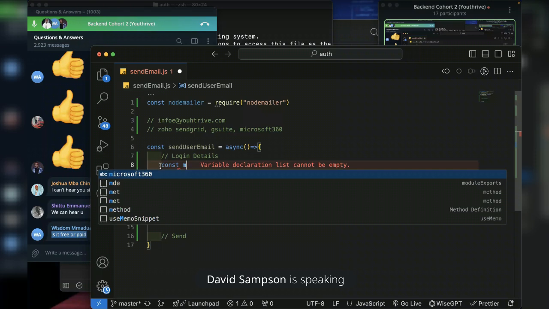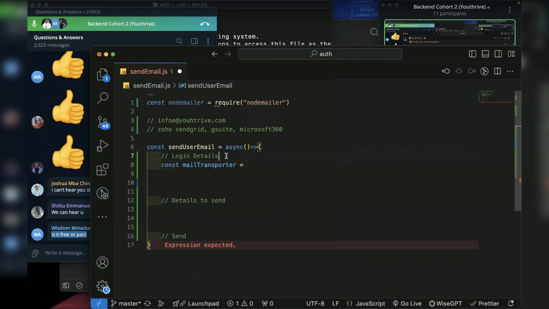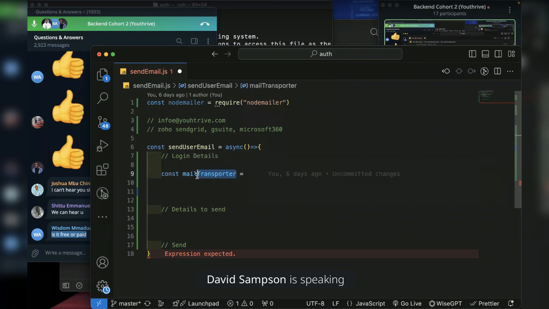Mail transporter is a variable. You can call it anything you want. We're just creating a variable that we are telling this is what we want to use to send it. So I say nodemailer.createTransport,